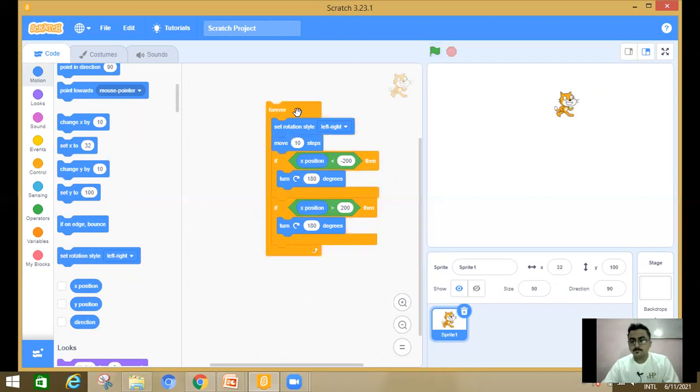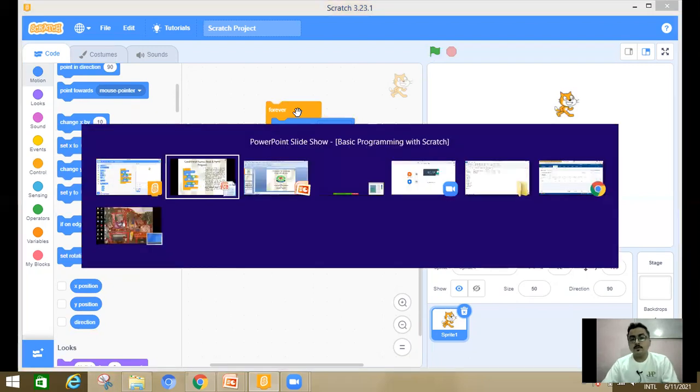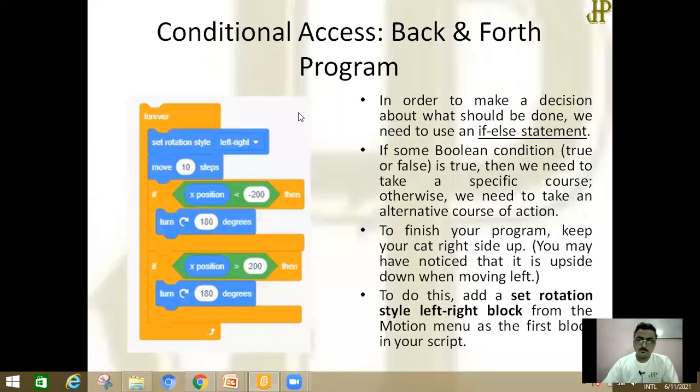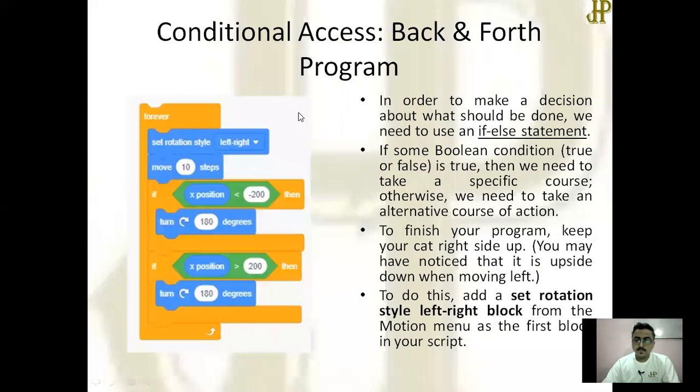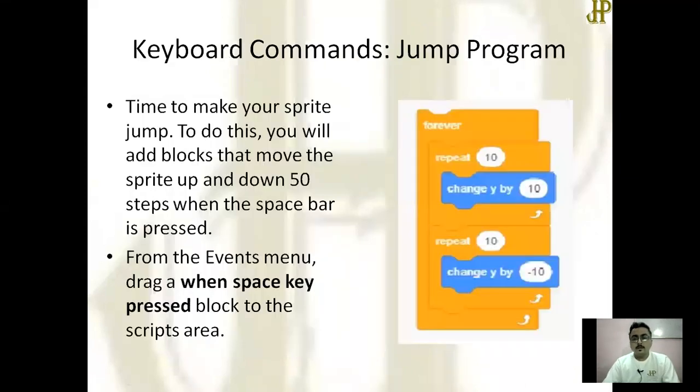Okay, so I think it is very clear to you what the if else condition is. Done. Now again I'm going to discuss keyboard command, and for this I have chosen how to jump the cat.